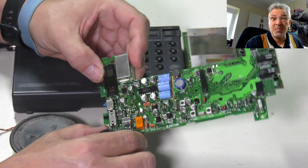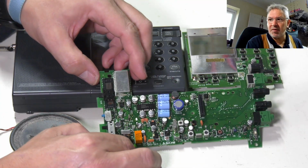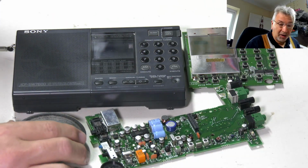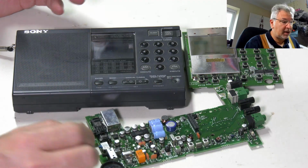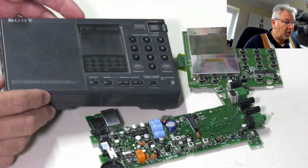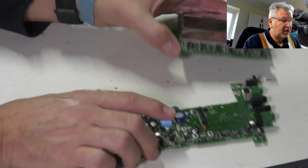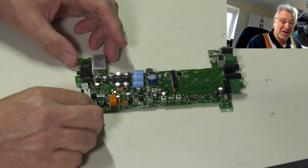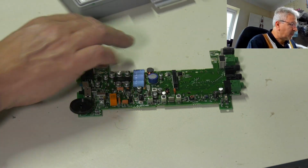A couple of those have been to actually get the right size for the replacements, because I gave the owner 2 options with this. I could either do it with the SMD electrolytics as the original, or I could do it with SMD tantalums for a bit more outlay for the customer, because tantalums are expensive. I don't know why. I suppose it's a rare metal. But